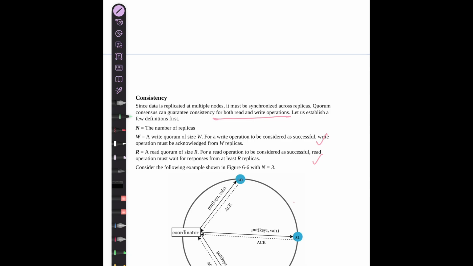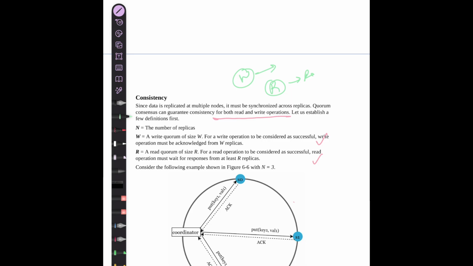Consistency. Now if you want your data to be consistent, what you do here is use quorum consensus. What it does is that there is a particular W and a particular R value that you fix, so that unless you get acknowledgement from W nodes, you won't consider a write successful, and unless you get acknowledgement from R nodes, you won't consider a read successful. It might be the case that W and R are 1. That makes the system less consistent because you are just relying on one node.